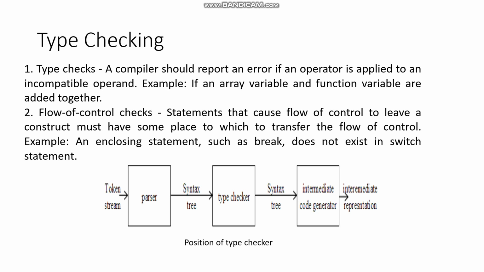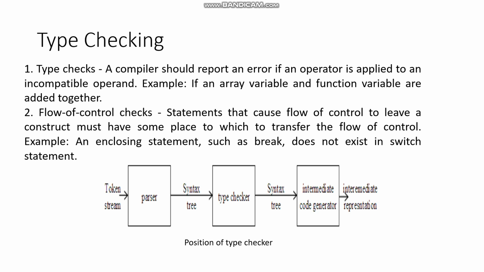Okay. A compiler must check that the source program follows both the syntactic as well as semantic conventions of the source language. This type of checking is a static checking, which detects and reports programming errors. Now some examples of static checks, out of which the first is the type check. In this type of checking, a compiler reports an error if an operator is applied to an incompatible operand. For example, if an array variable and a function variable are added together,